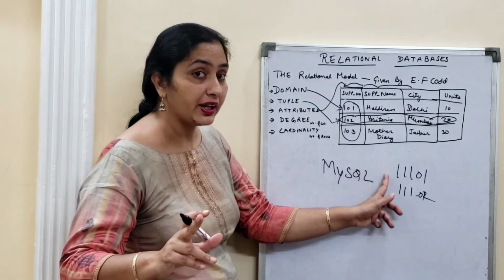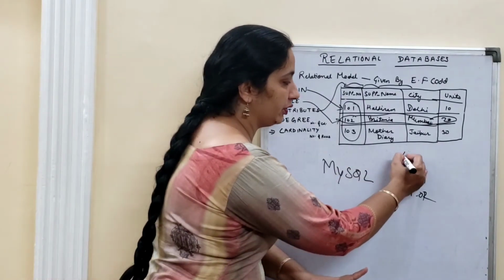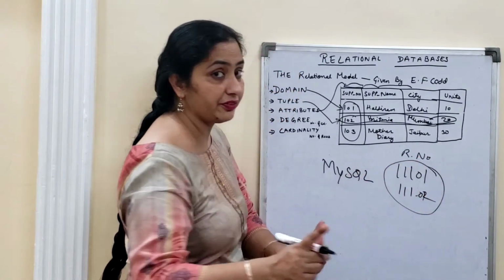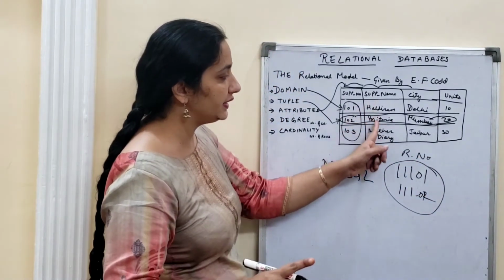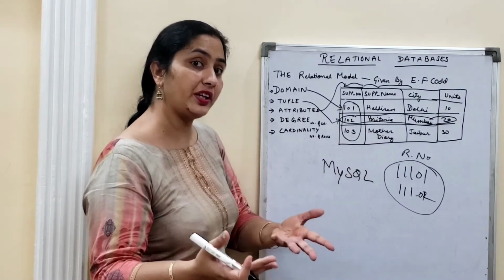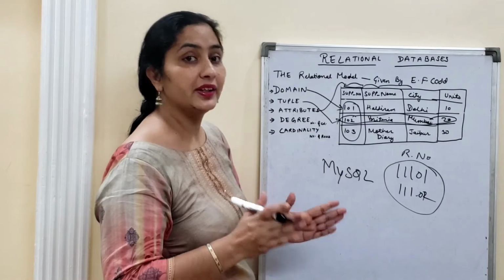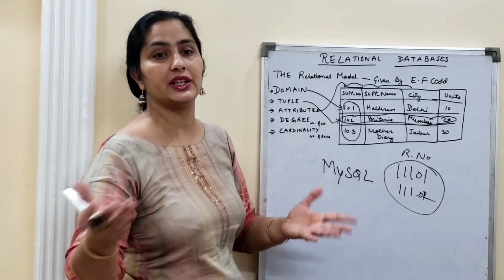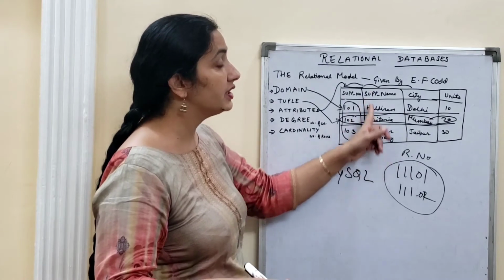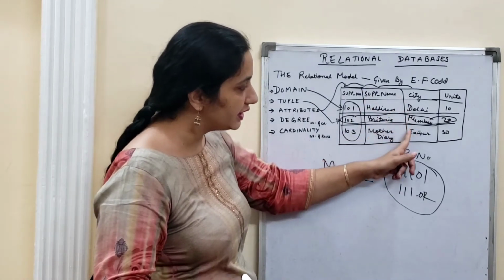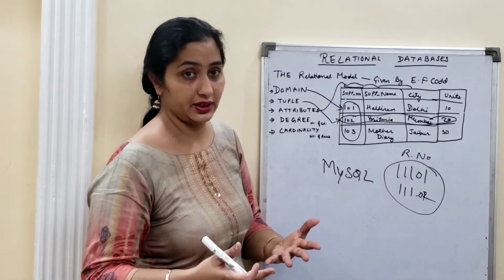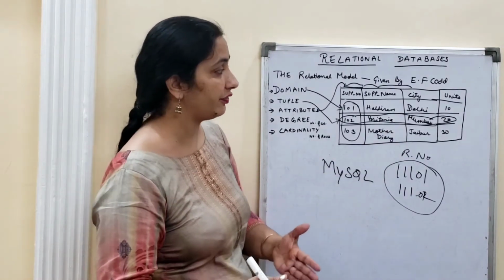The way you write roll numbers, in the roll number column all will be roll numbers only, but they will be different. In name, you are going to write names of students, different names, but all should be names only. It could not be Maths, English, Hindi, because these are subject names. The way I have supplier names here, like city names: Delhi, Mumbai, Jaipur, these all are cities, but they are different.